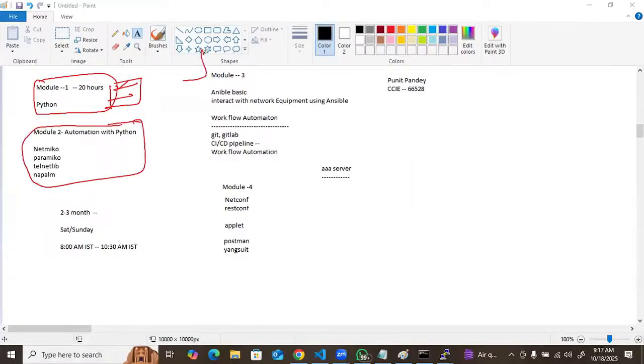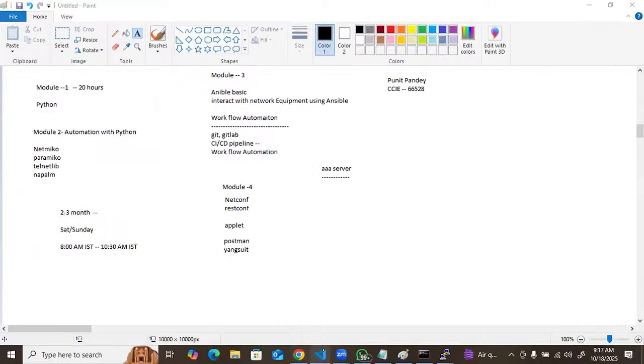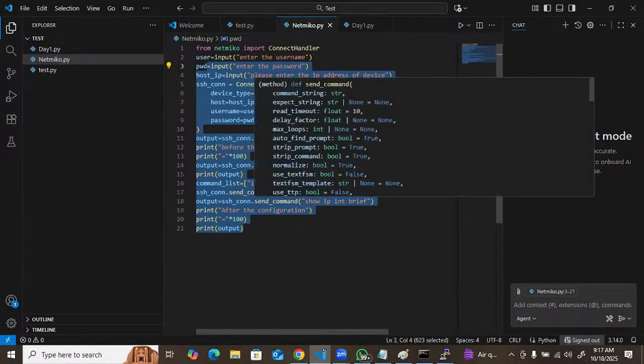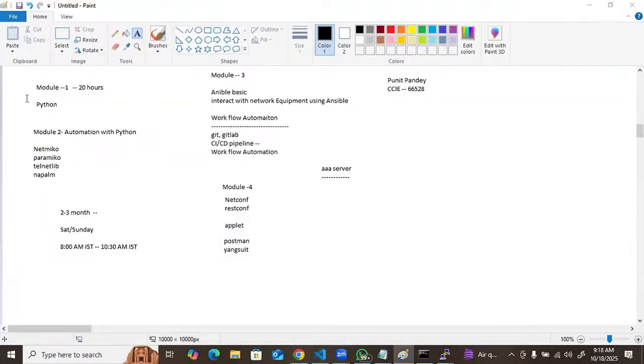A network engineer who is joining, their expectation from day one is network automation. That is not possible from day one. If from day one I show you the network automation, guys, like this one was the day one network automation, are you able to understand this right now? No, because you don't know the Python basics, right? So for the first 4 classes, you have to keep your patience, guys. You have to learn only Python. There's no network automation. You don't need to worry about that.